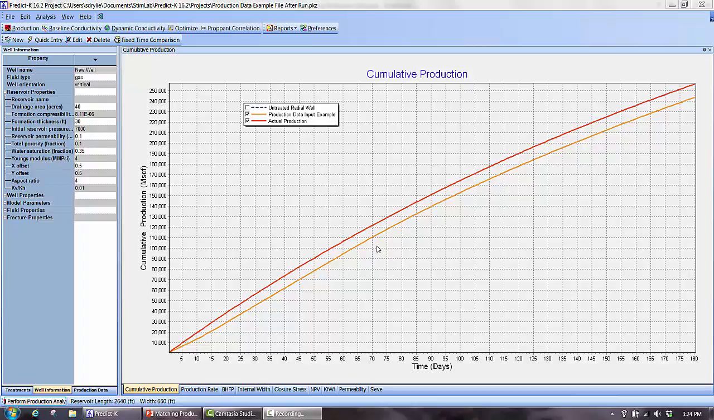While comparing PredictK results against production data can provide confidence in the model, achieving a better match to the production data will create a model robust enough to assist with completion optimization. In this video, I will demonstrate a couple of different methods to match the file from the adding production data to PredictK video, and provide some guidance on what kind of changes can be made while maintaining a reasonable model